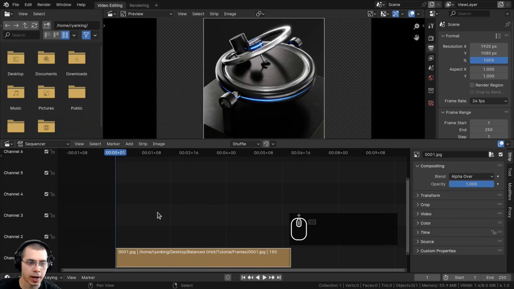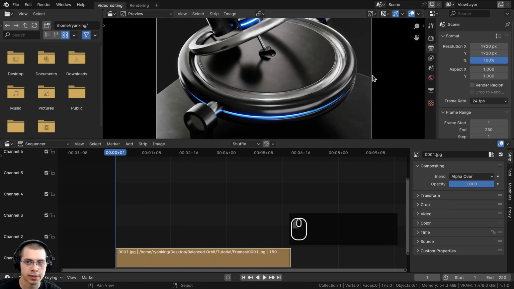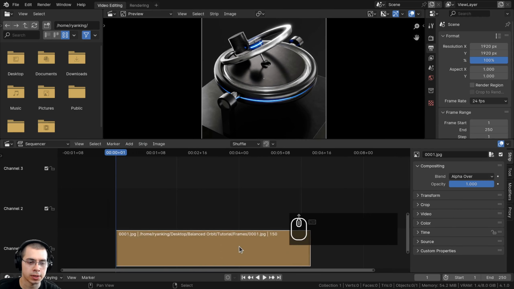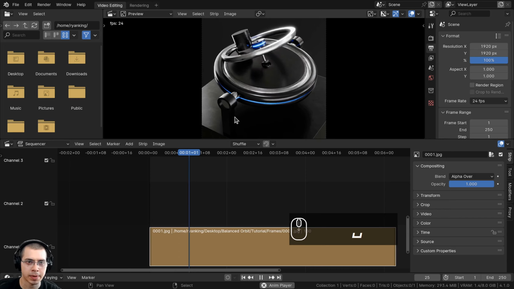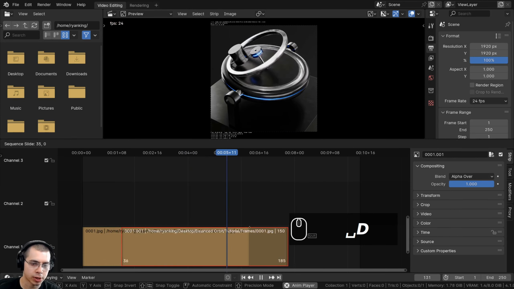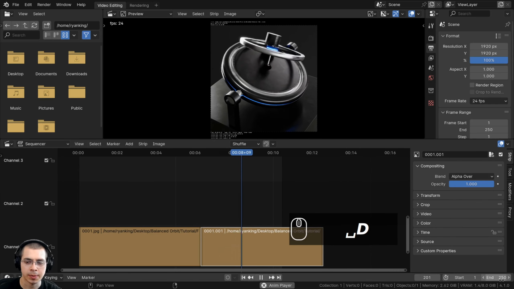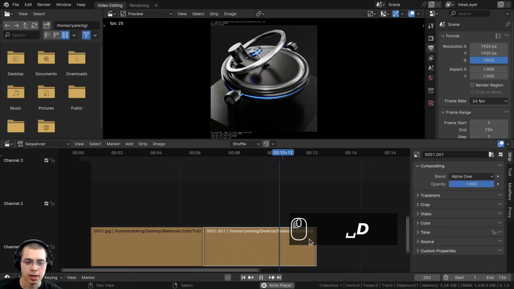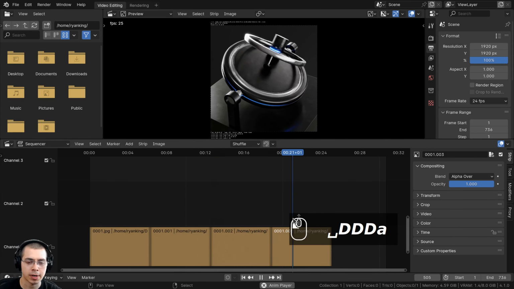And then right after you add the images, what you want to do is select the strip, and you want to click here on strip, and then you want to click on the set render size. So it'll set the render size to the same render size that we actually rendered the images. And then I can press the space bar to play this, and we can watch the looping animation. And then to make it loop, we can just press Shift D to duplicate. We can just drop the same frames here. And then we can also turn up this end frame here. And by turning up the end frame, it'll make it longer. And I can just continue to duplicate this as many times as I want.